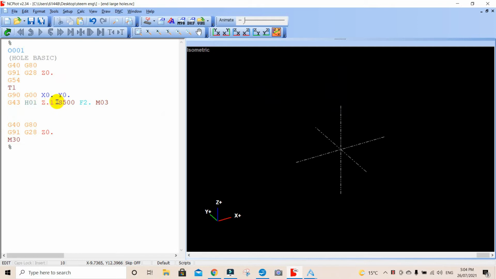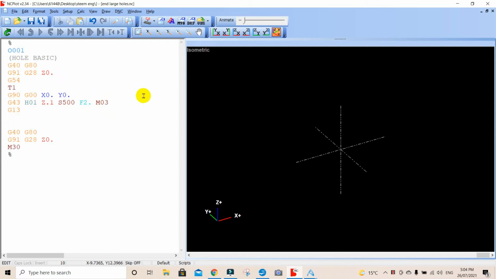We're going down in rapid traverse to Z positive 100 thou over the top of the job. Feed rate is 2 inches per minute, and spindle clockwise. So now, what I'm going to do is type in a G13 code,